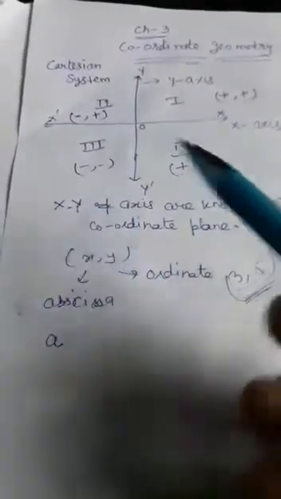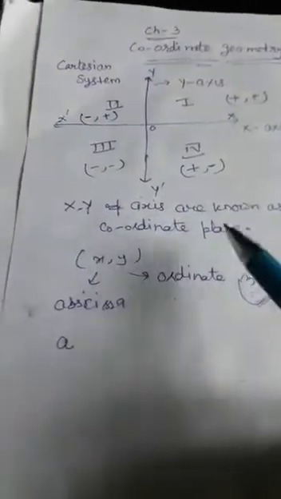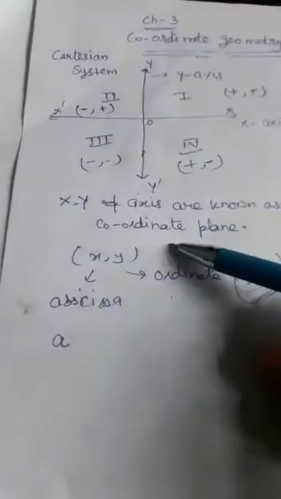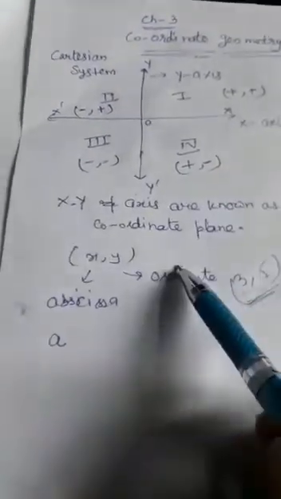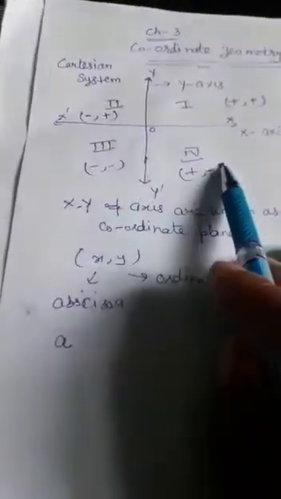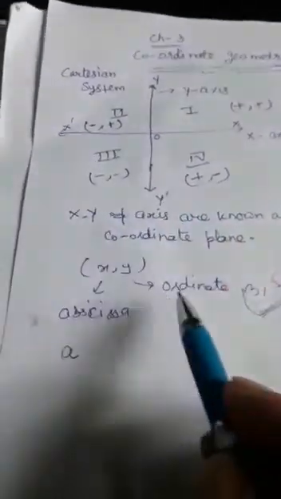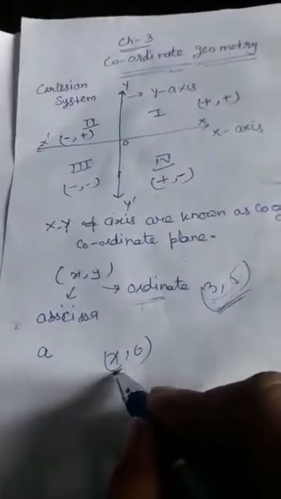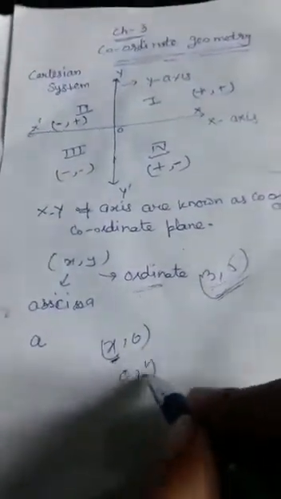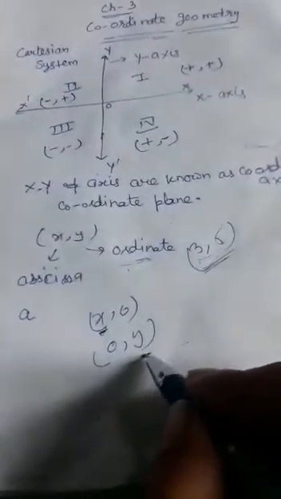Okay students, so this is all about the graphs. On this we take the values at equal intervals on the x-axis and y-axis. As you have already done in the fourth chapter, we are given an equation, then we find the values and represent those values on the graph. In this third chapter, you have no need to plot the values on the graph. You only have to tell on which axis or which quadrant the point lies. If the value of y is 0, that is, the ordinate is 0, then that point will lie on the x-axis. And if the abscissa is 0, meaning the value of x is 0, then that point will lie on the y-axis.